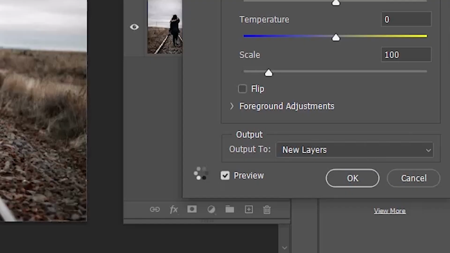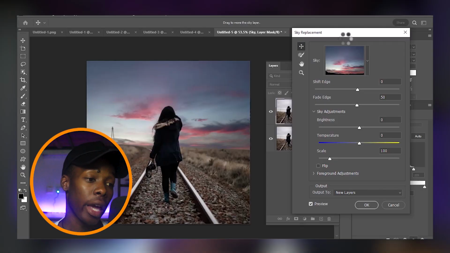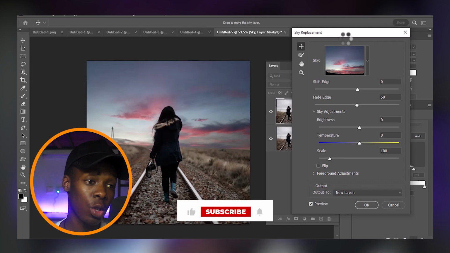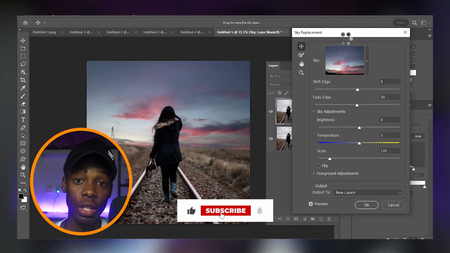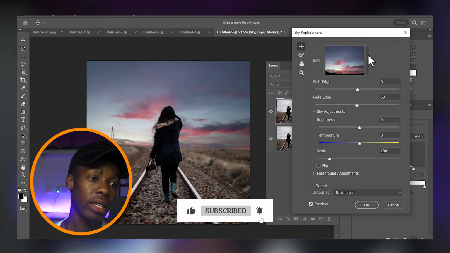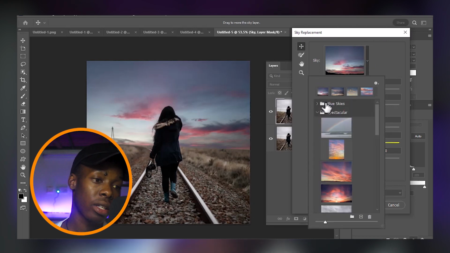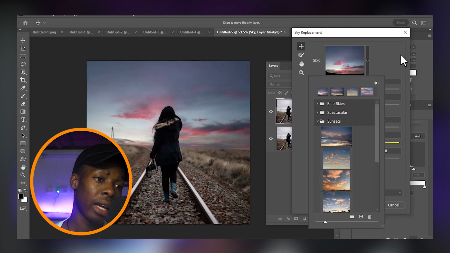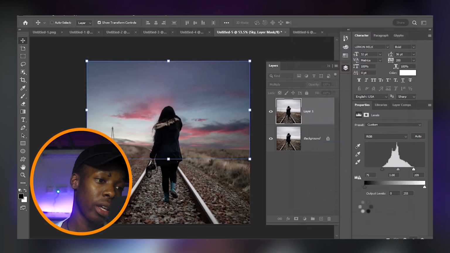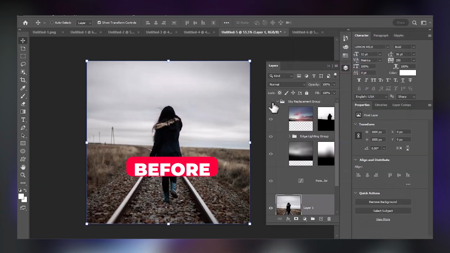Moments later. More moments later. And boom, the sky is already replaced by this cool amazing feature. And right here there are a lot of presets that you can choose as you prefer. Once you have the right option, you can just click on OK, and this is our before